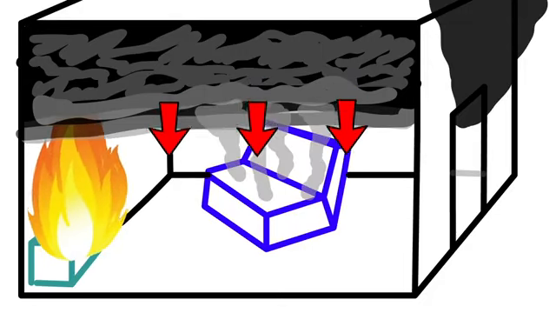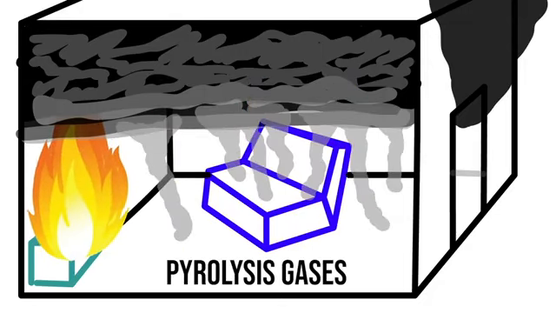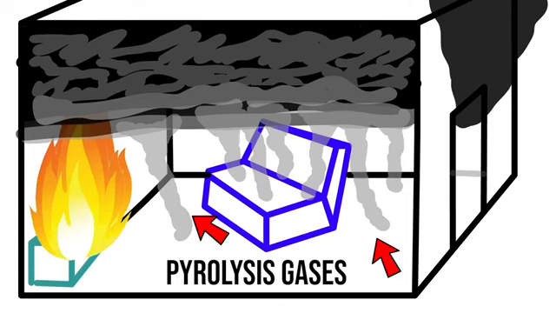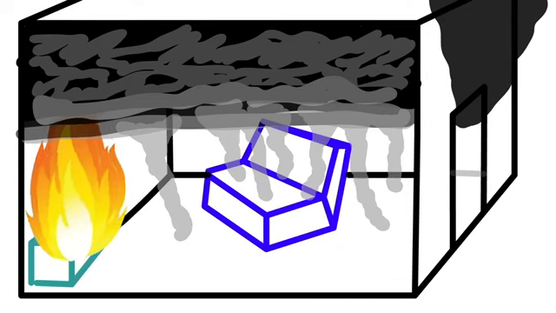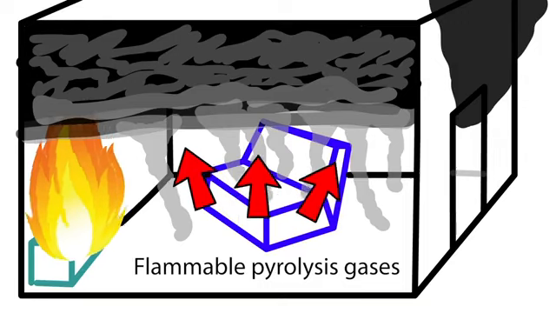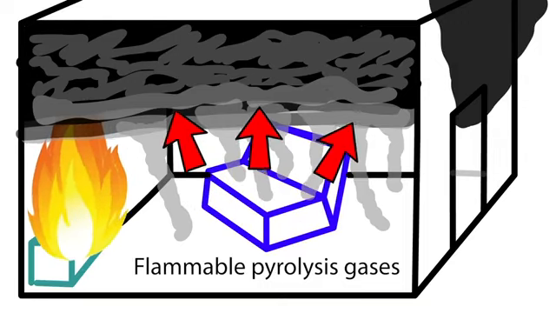And the fuels will start to pyrolyze at different temperatures depending on what they're made of. For instance, if it's a natural fibre, it's going to pyrolyze at a much higher temperature than if it's an artificial fuel, such as a plastic or a foam. Now, as they start to pyrolyze, they're releasing more and more fuel into that atmosphere, which is then available for